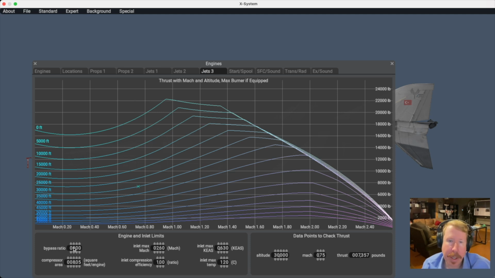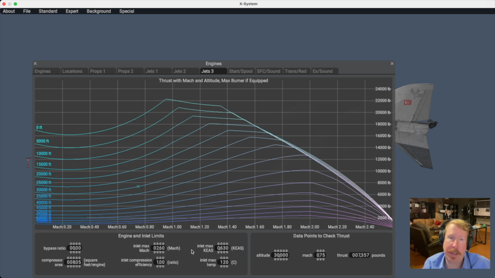So what do we got? No bypass ratio. Everything goes right through the middle. Compressor area 8.05. Inlet Mach is 2.6. Because we entered an inlet Mach number that is greater than 1, that's how we telegraph to X-Plane that we've